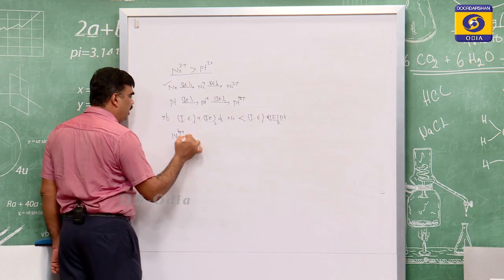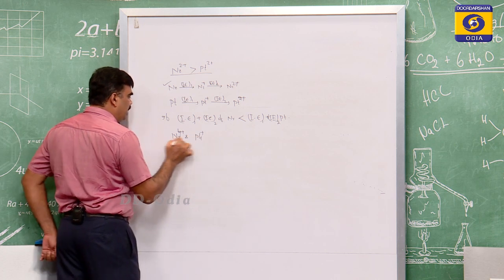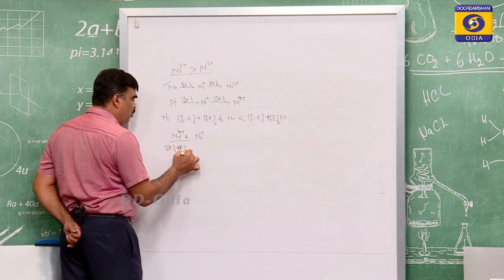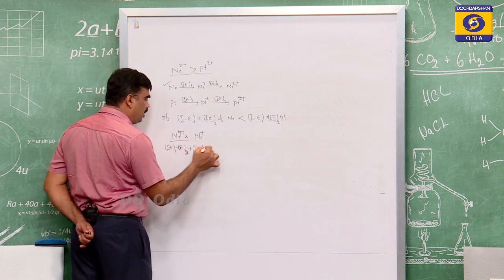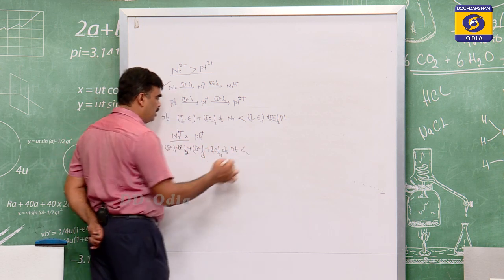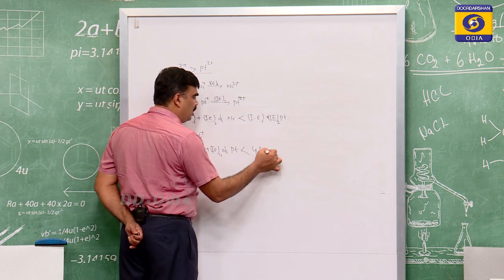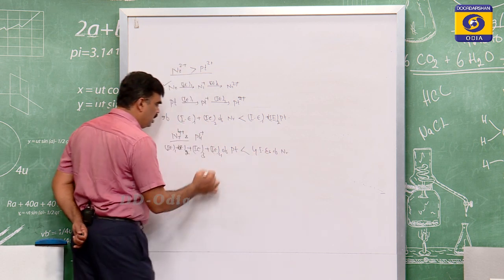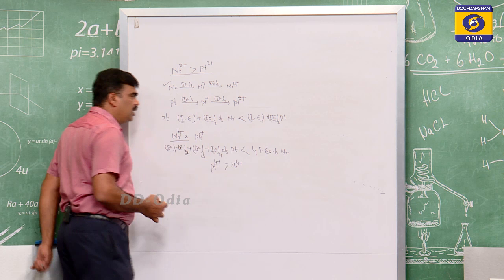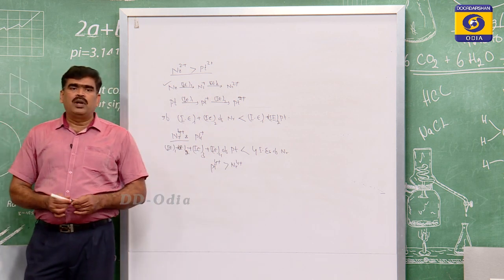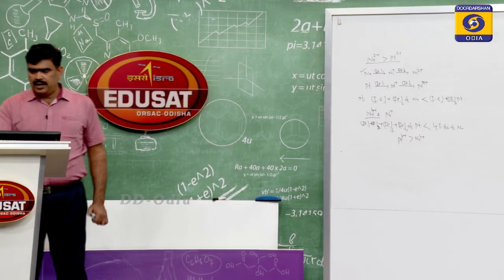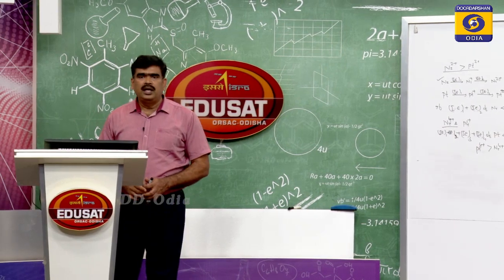But in case of Ni4 plus and Pt4 plus, here if you see, ionization energy 1 plus ionization energy 2 plus ionization energy 3 plus ionization energy 4 of Pt is less than the four ionization energies of Ni. Hence, Pt4 plus is more stable than Ni4 plus. That means if the sum of ionization energies of a particular cation is low, then it is more stable. Okay? Next, we will discuss some previously asked questions.